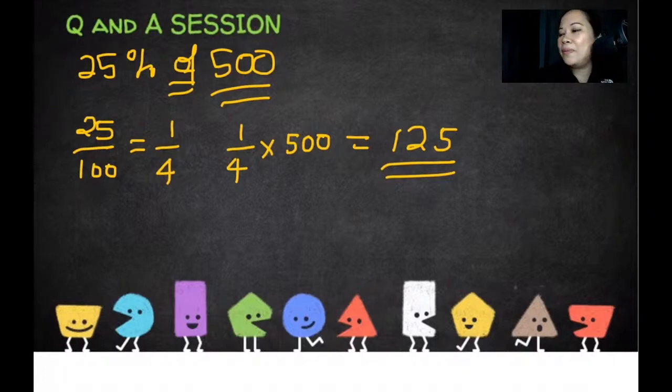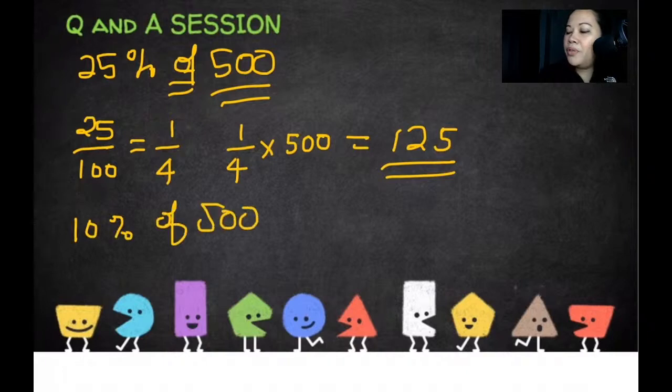125, Kaini. 250 is 50%. It's okay. Okay? So 250 is 50%. Yay! Okay? So if you are asked, what is 10% of